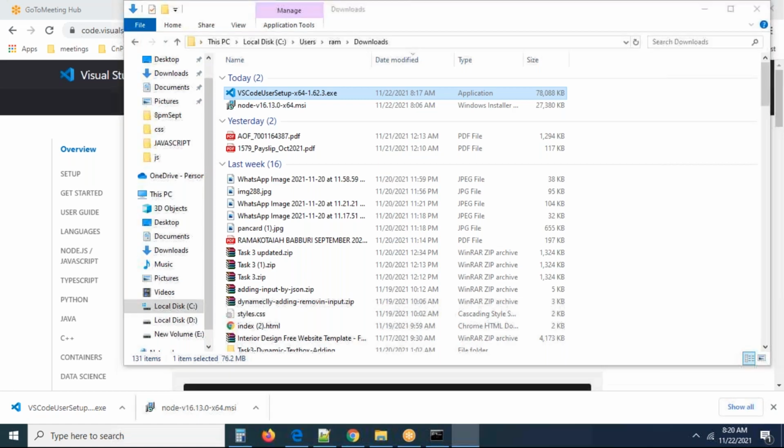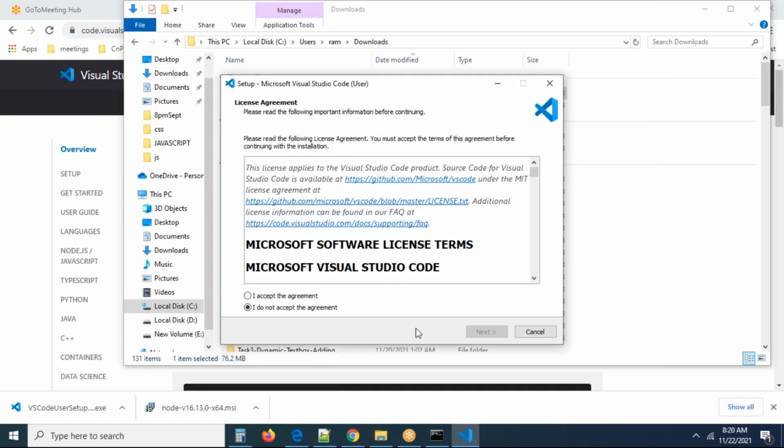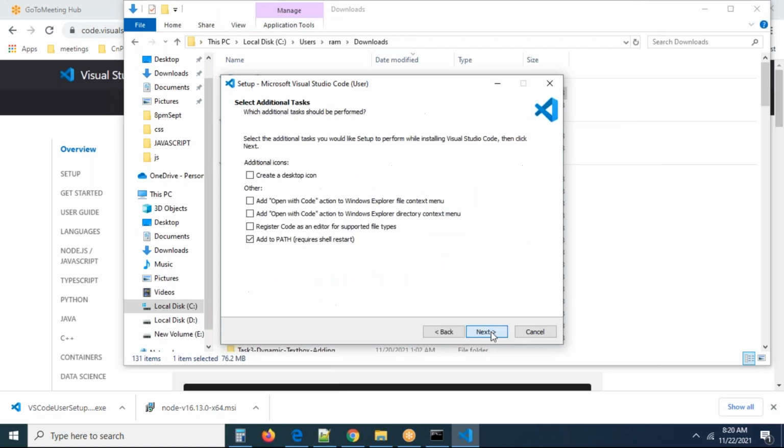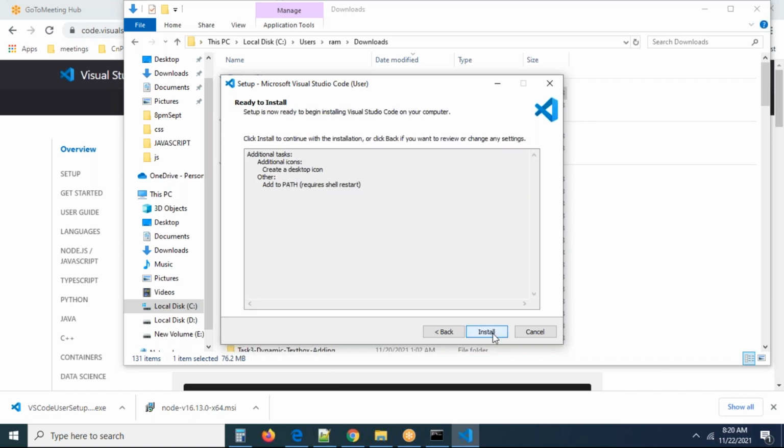My editor is up to date, I believe. But okay, I accept the agreement. Click the next button. So create a desktop icon. You can select this. Add to path requires start. Already I have an icon on the desktop, but you can click the next button and